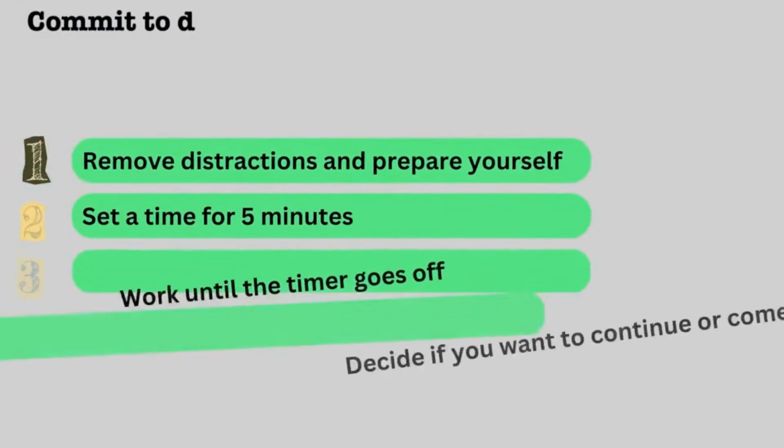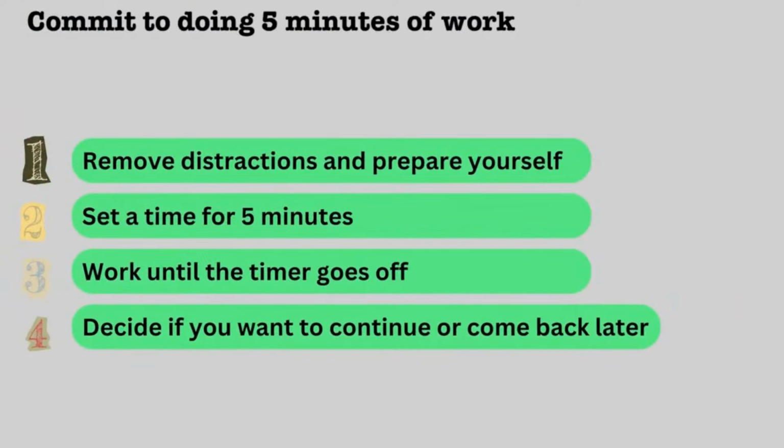The 5-minute rule is one of a number of cognitive behavioral therapy techniques for procrastination. Using the 5-minute rule, you set a goal of doing whatever it is you would otherwise avoid, but you only do it for a set amount of time, 5 minutes. If after 5 minutes it's so horrible that you have to stop, you're free to do so.